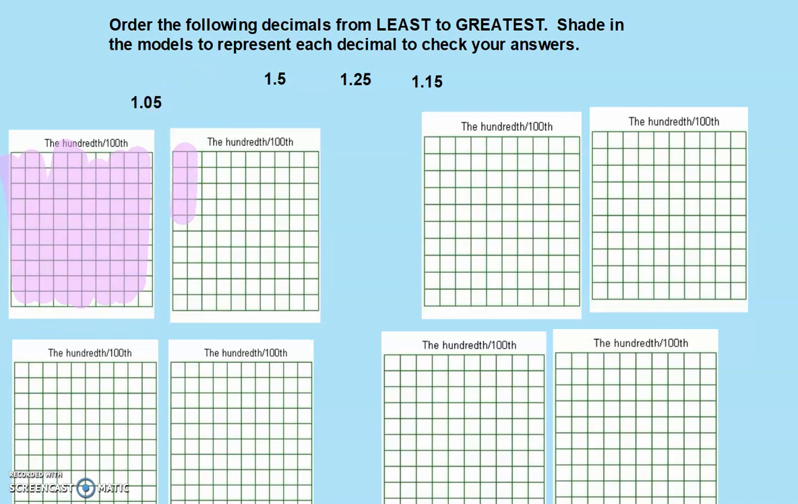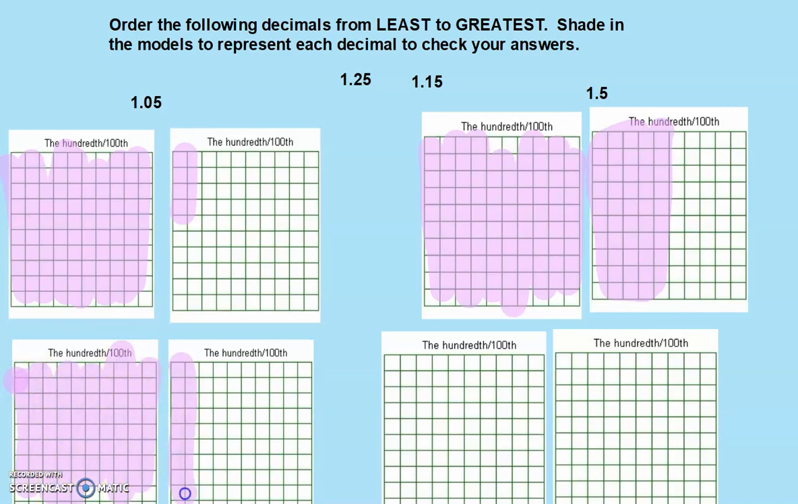And the next one is 1 whole and 5 tenths, or 5 rods. It's exactly half. And then the next one is 1 whole and 25 hundredths. So that would be 2 rods, like a quarter, and 5. I know it's hard, you can't see the bottom, but there's another one on the bottom. And 1 whole and 15 hundredths